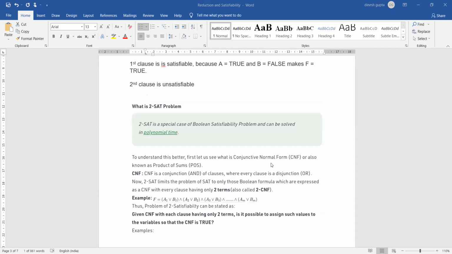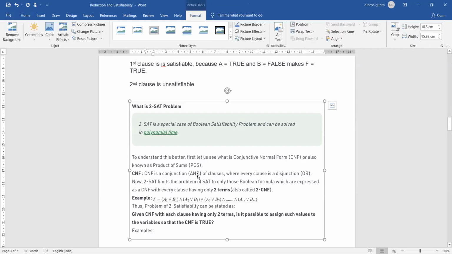let us see what is conjunctive normal form. हम लोग ऑलरेडी कर चुके हैं. कंजंक्टिव नॉर्मल फॉर्म, कंजंक्शन किसको बोलते हैं? एंड को. 3 ऑपरेटर्स हैं हमारे पास, एंड, और, नॉट. इसमें से और को डिसजंक्शन बोलते हैं और एंड को कंजंक्शन बोलते हैं. तो हमारे पास बहुत सारे क्लॉजेस होते हैं जैसे क्लॉज 1, क्लॉज 2 एंड क्लॉज 3. हम उनके बीच में डिसजंक्शन लगाते हैं, दैट मीन्स और लगाते हैं, और उन क्लॉजेस के बीच में कंजंक्शन लगाते हैं यानी एंड लगाते हैं. So where every clause is a disjunction, the and is used between the clauses.